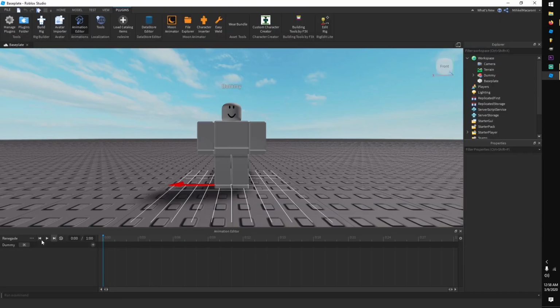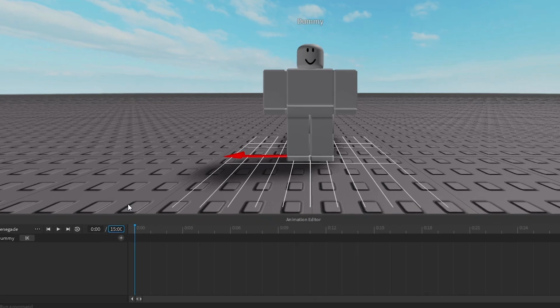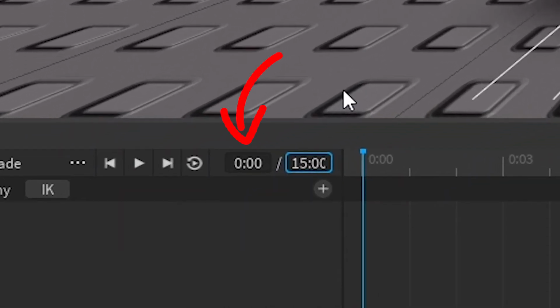Looking back in Studio, here we have a timeline. Let's adjust it to the length of the dance. Simply go to the end of the dance clip and look at the time. In the animation editor, you'll see two time codes. The first one is where you currently are in the timeline, and the second one is how long your timeline